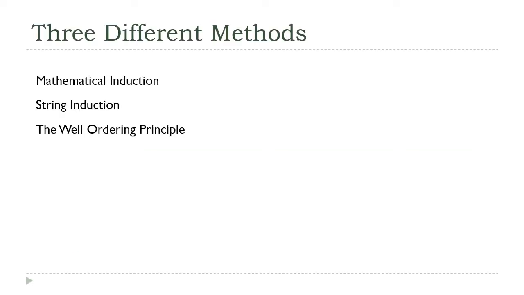So far in this chapter, we've discussed three different tools: mathematical or weak induction, strong induction, and the well-ordering principle. If these things seem to have a lot in common, that wasn't a coincidence. They are, in fact, equivalent to each other. In other words, anything you can do with one, you can also do with the other, although possibly not as